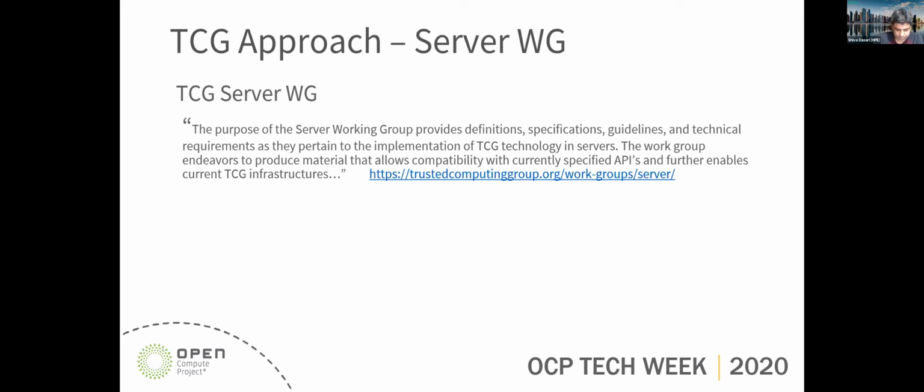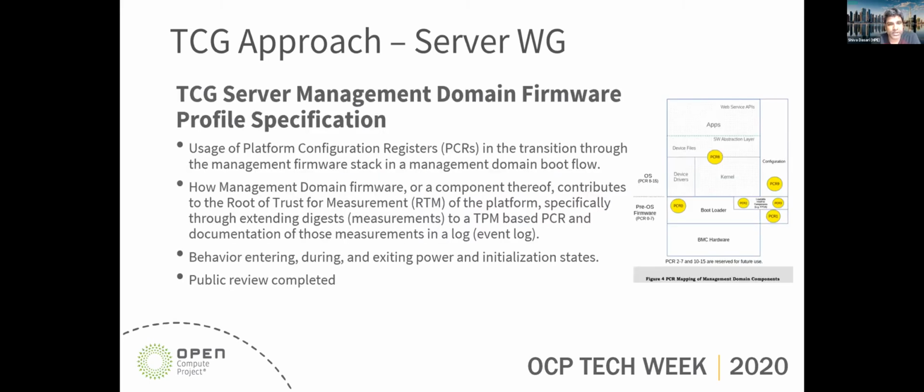Let's go to the next page. So what I will be covering today is some of the activities or the specifications that TCG has published for public review recently. And that doesn't mean that that is only the work TCG Server Group is doing. There is other work going on, but unfortunately, I won't be able to share those details today. Hopefully at some point later, I'll be able to talk more. But let's go with what we have here.